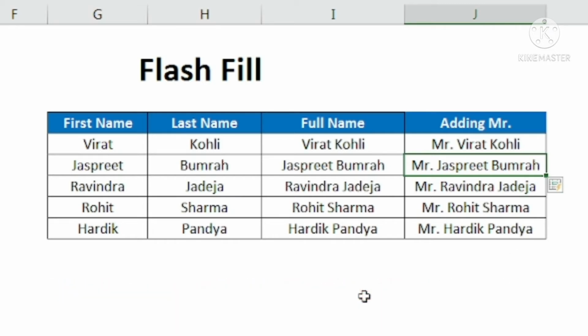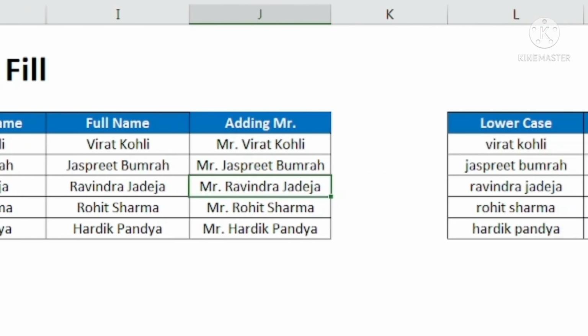We need to take care here that suppose the name starts with Mr. or the last name starts with Mr. Excel will recognize MR in this particular last name, and it will take that from over here and paste it like this. To avoid that, if that happens, what we can do is put it like here we have put Mr. Virat Kohli. We can put it here Mr. Jasprit Bumrah, two cells, and from the third cell we can do Flash Fill by Ctrl E. It will automatically solve your problem.